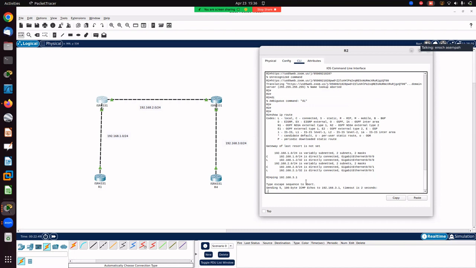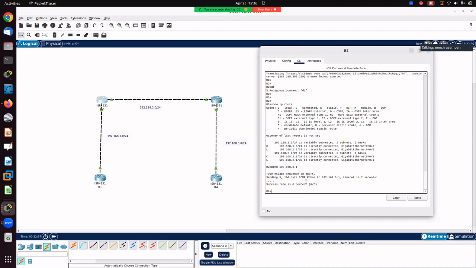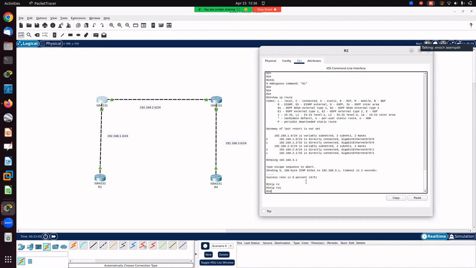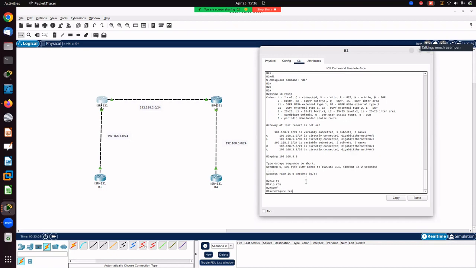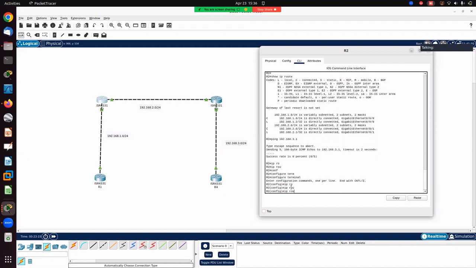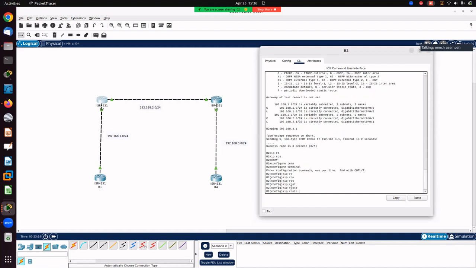So that is one. Now if we are to do a static route, let's do it quickly, because that's not the main topic we have today. So we can do a static route here. Configure terminal. IP route, the 192.168.3.0 network,